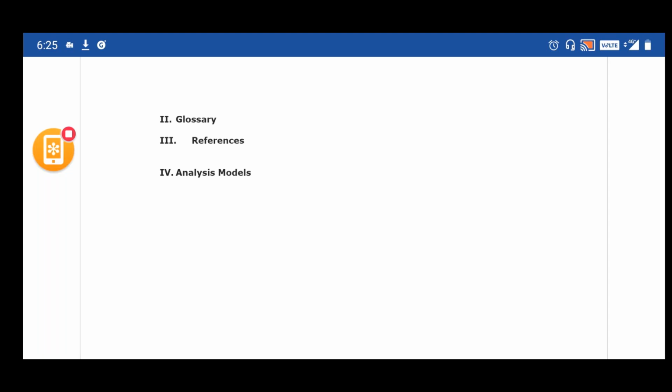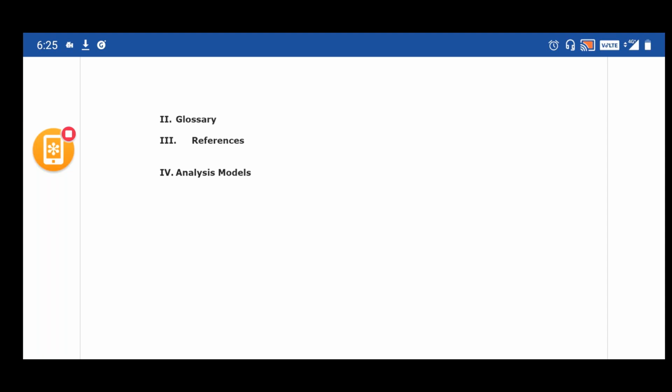Then we talk about the analysis model. Any kind of analysis models or data models that we use, like data flow diagrams, flow charts, or similar models used as part of the document, go under the analysis models.